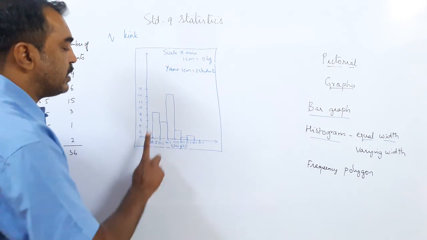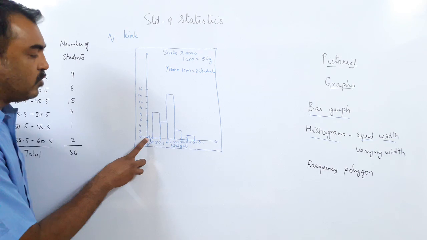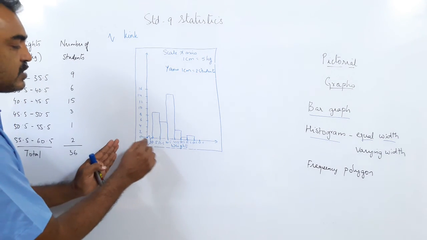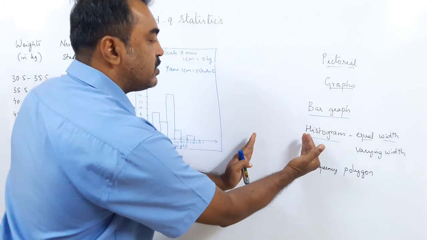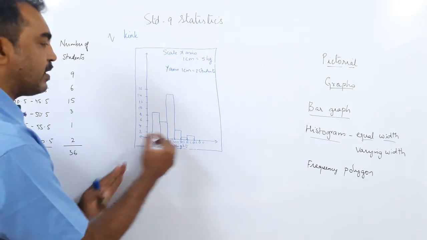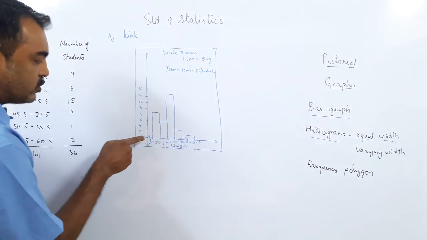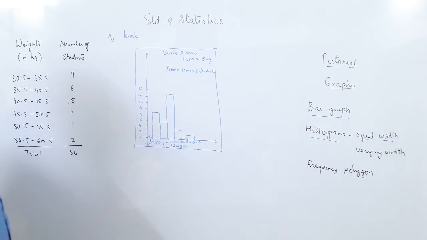How much does 1 centimeter represent? And even the y-axis, how much does 1 centimeter represent? If you understood what the kink is, did you follow what the kink is? The data is continuous and it is numeric, so we have to show all the data. But because the data is shifted here, I made a break in the line and I shifted the line here. So that shift is shown by the kink.